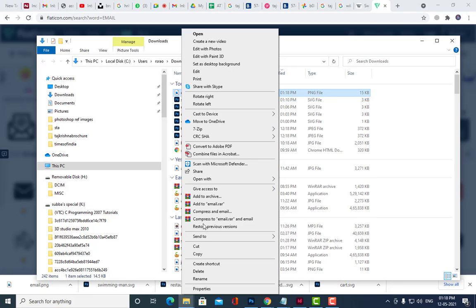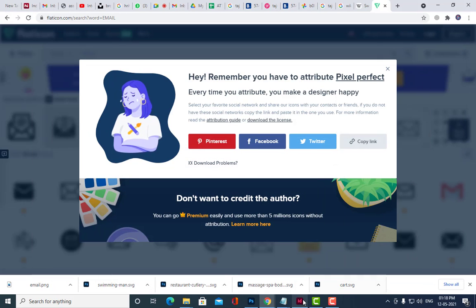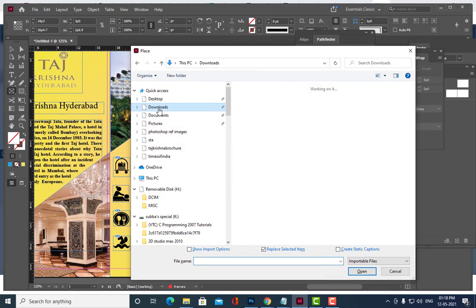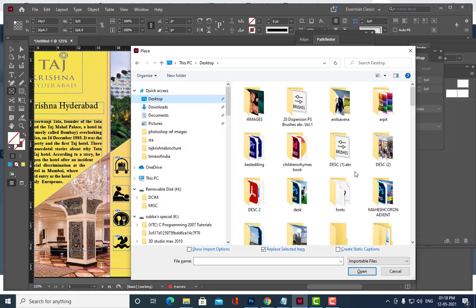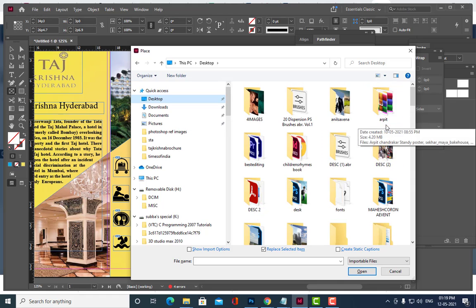Okay, I think we'll copy this. See, always keep everything in the same folder. Okay, then I think we have put it in the... where did we put?